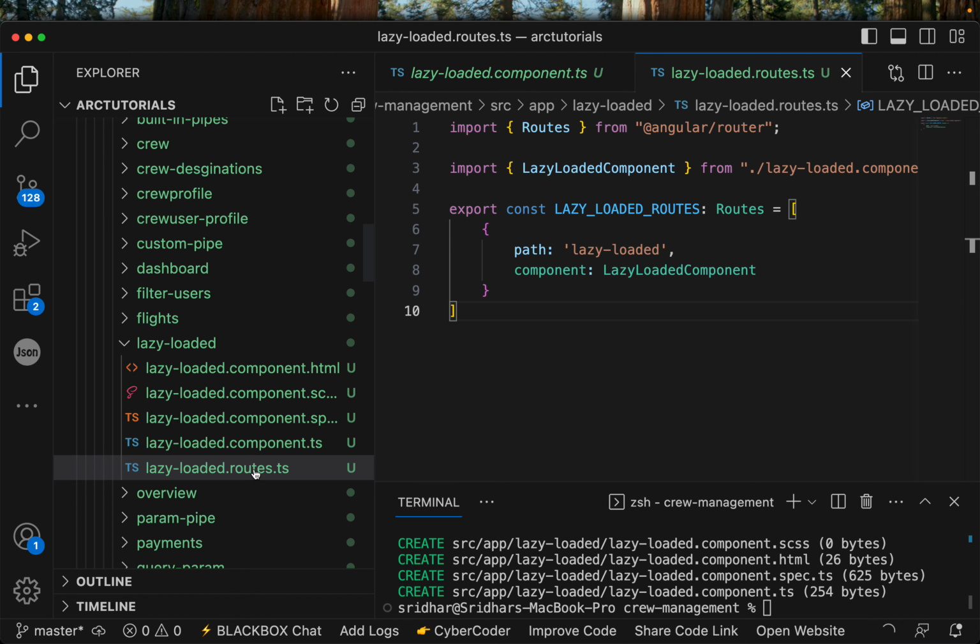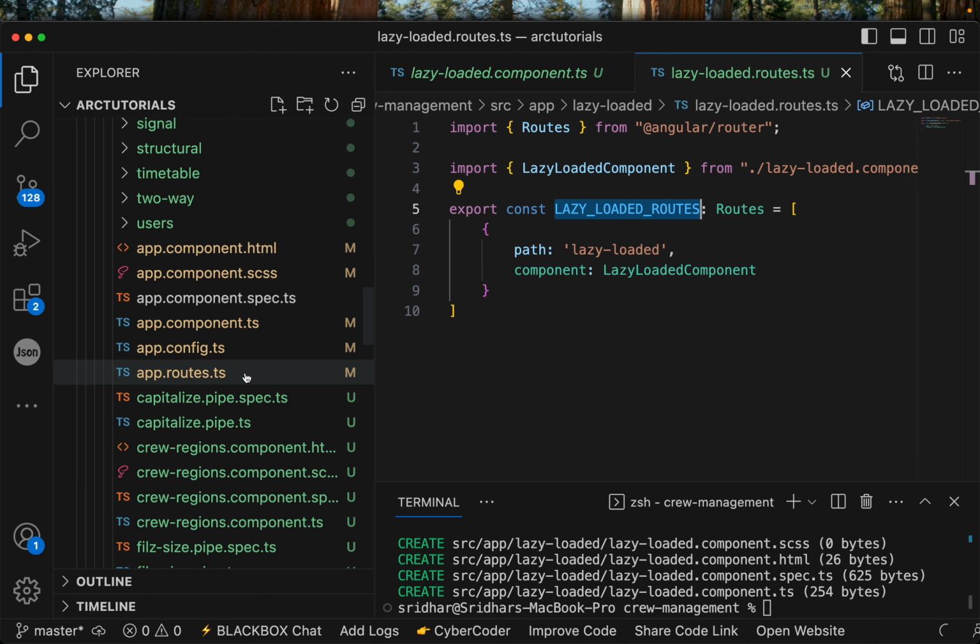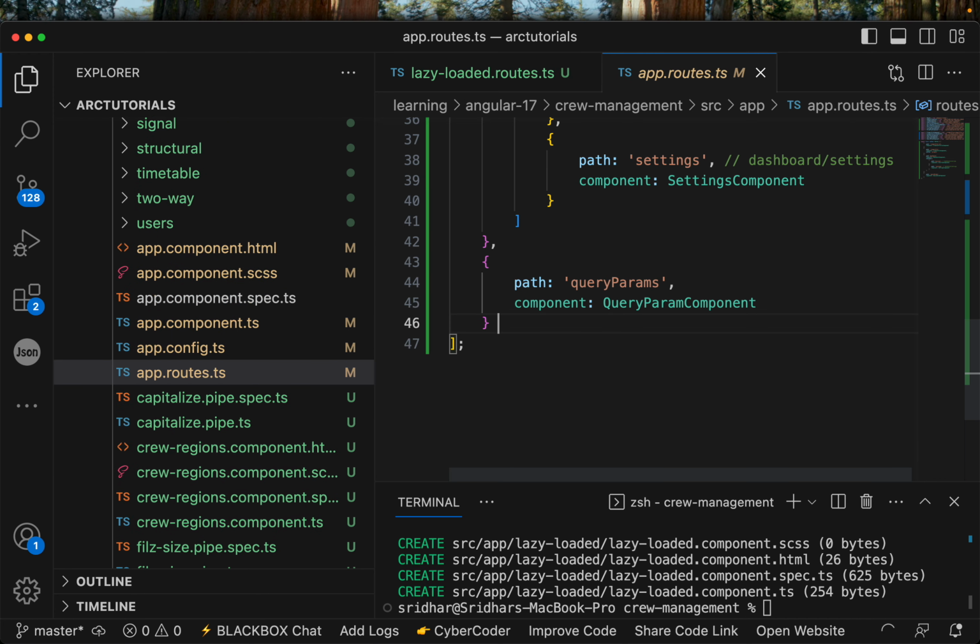I created a routes file in it and I'm exporting this. Okay, so now take this, go to your app routes.ts, and here we are going to lazy load this. We are going to say path. Okay, and the way to do that is pretty simple. Just give the path that you want, say lazy loaded,